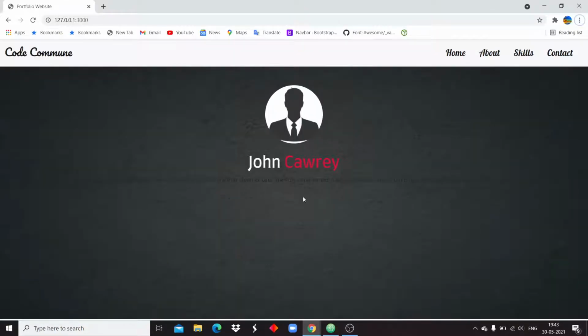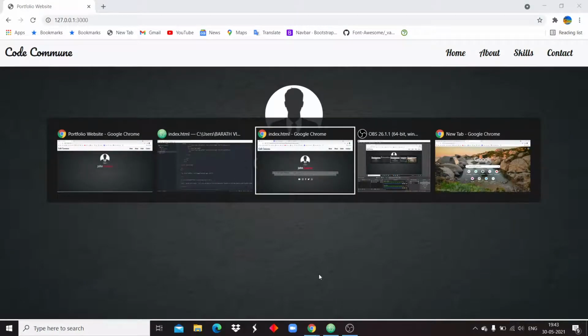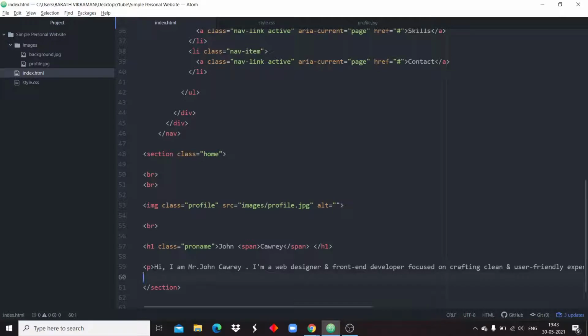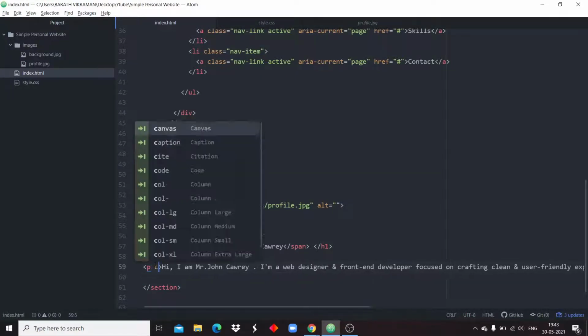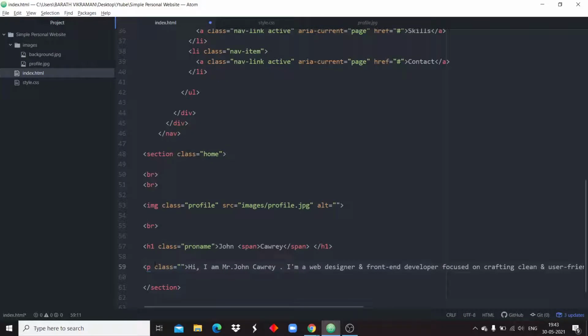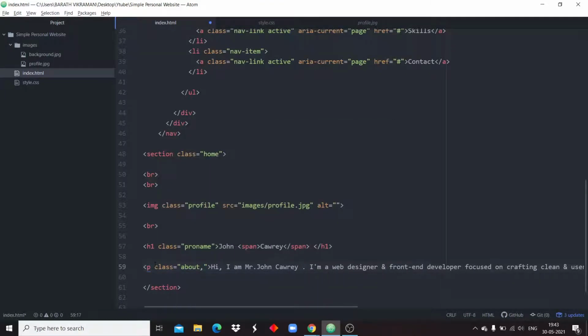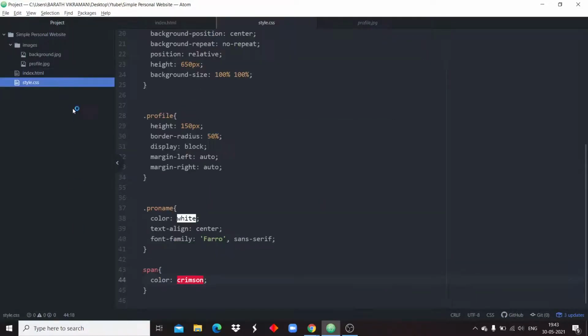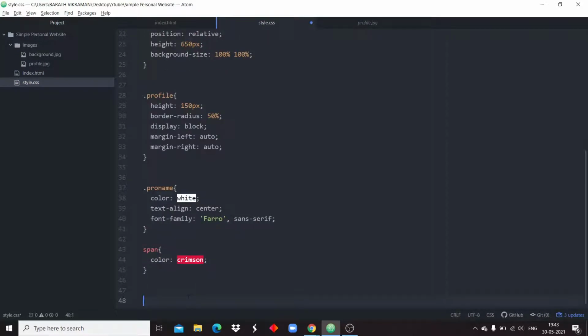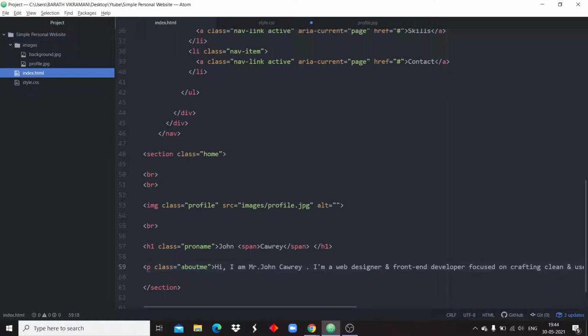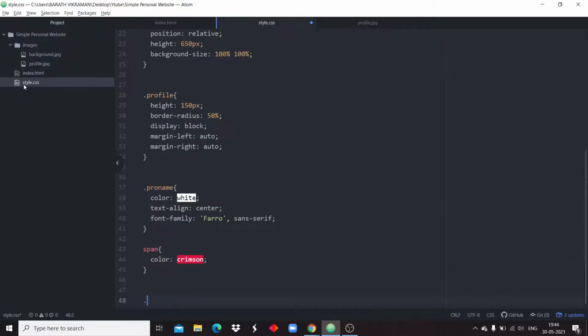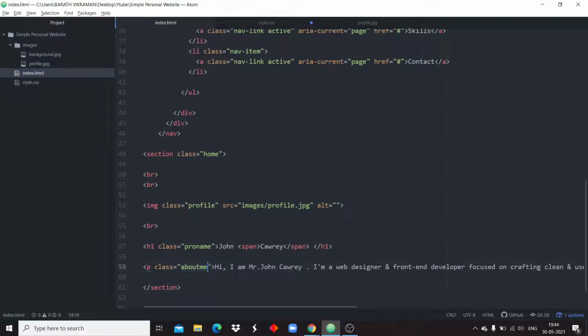First of all, we need to change the font color. I'm giving the class name as about me. Or you can simply access it using the paragraph tag.